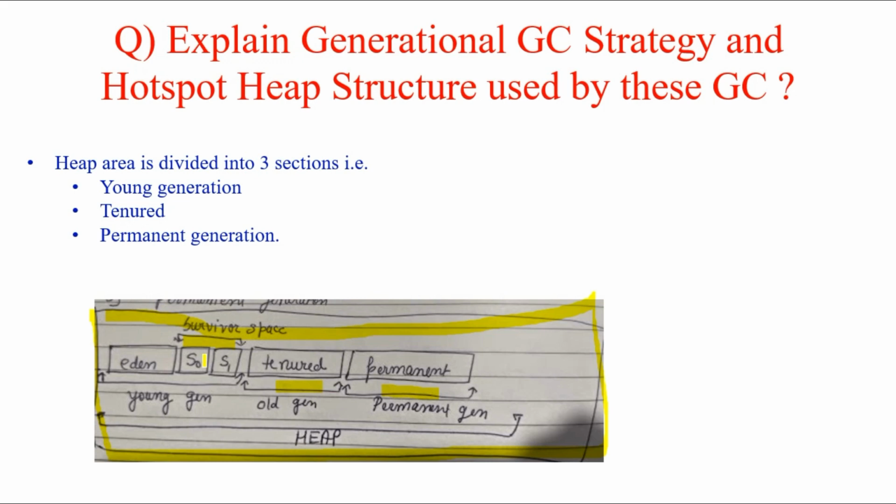All the new objects which are allocated to the heap area are actually allocated to the young generation, and this young generation always has minor garbage collection only. Then whenever an object reaches the threshold age, that is, suppose from Eden to S0, S0 to S1, S1 to S0 again, and if this process continues and the object reaches an age of 8 or something, then it is moved from young generation to old generation. I'll show in a step-by-step process all what I'm saying in just a few seconds, but understand that there is young generation, then it comes as old generation.